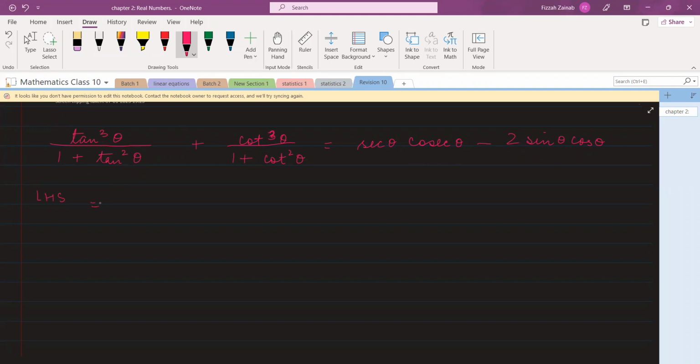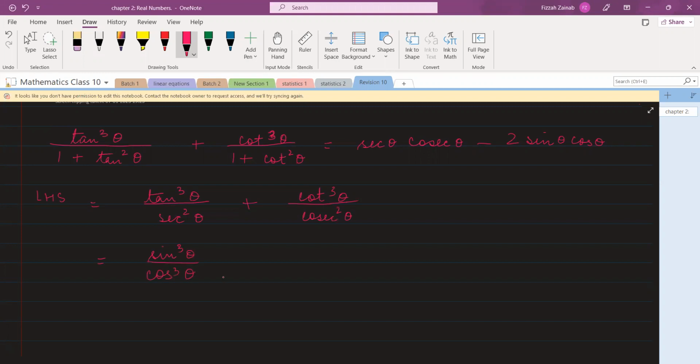Okay, so I start with the LHS. See, LHS, you can see the denominator 1 plus tan square theta is directly an identity, isn't it? So 1 plus tan square theta is sec square theta plus cot cube theta divided by, now 1 plus cot square is cosec square. All right. Now you convert everything into sine and cos. It will be very simple now. So tan means sine theta upon cos theta. So sine cube theta divided by